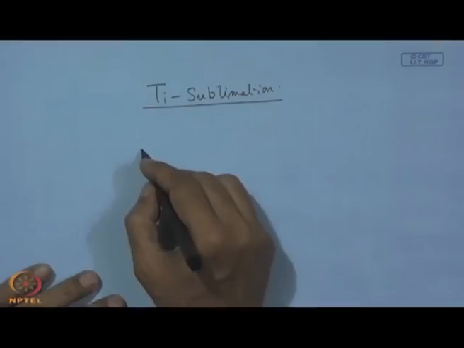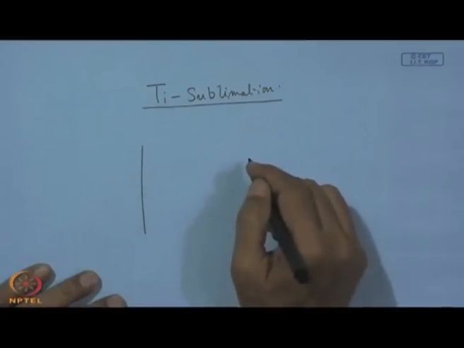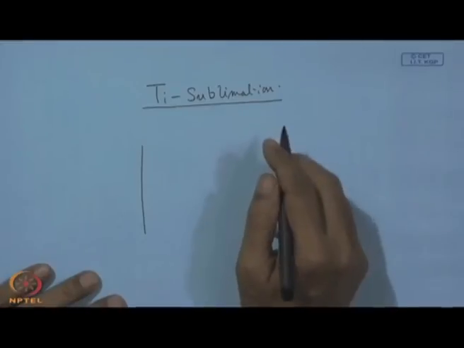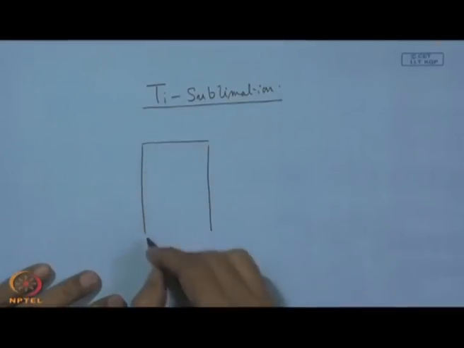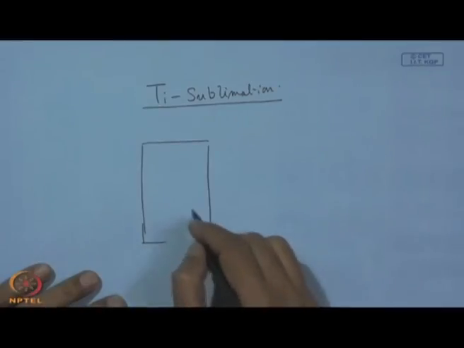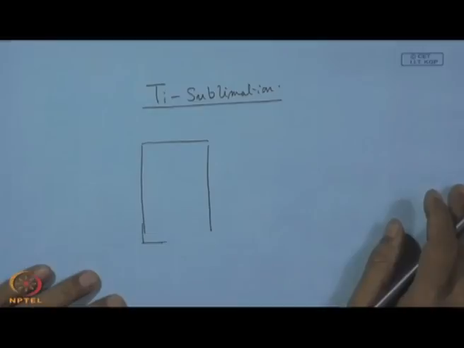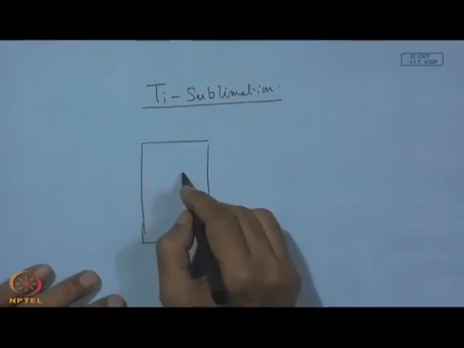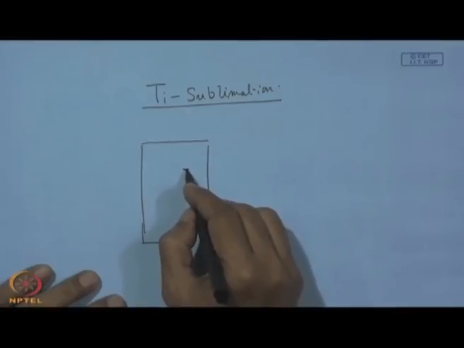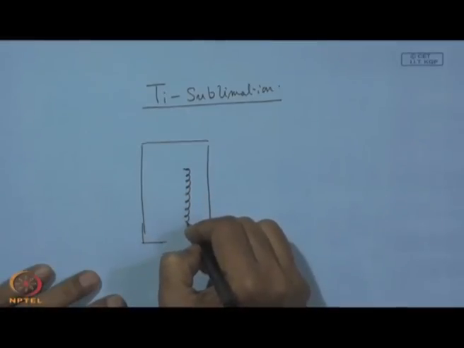So, what is done in this case? It is also a non-rotating pump where these gas molecules are immobilized. They are not pushed anywhere outside the pump. So, what we can see in this case: this is the chamber, and we can have, for example, a titanium foil or a titanium coil. So, we can put this this way.